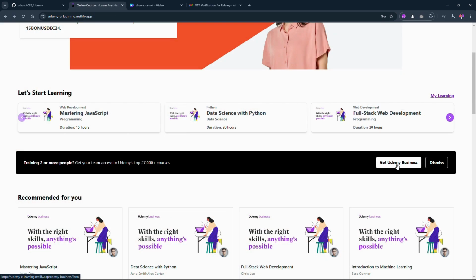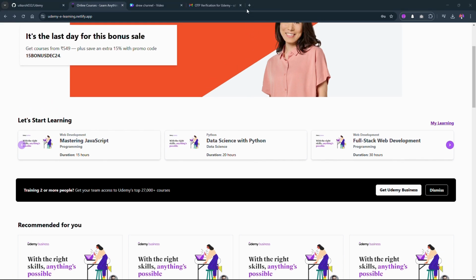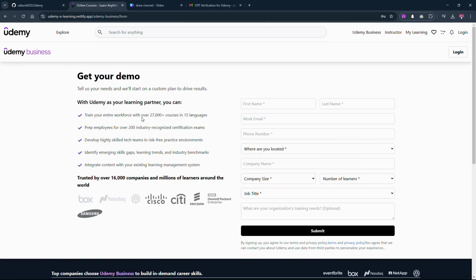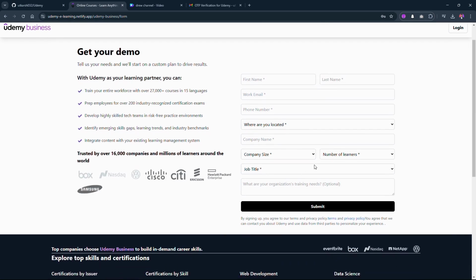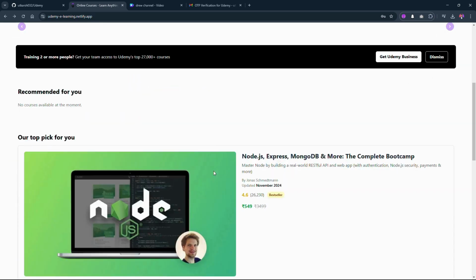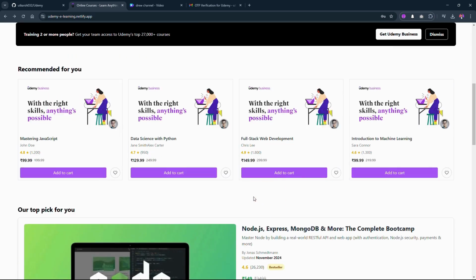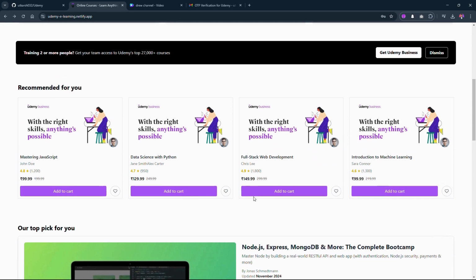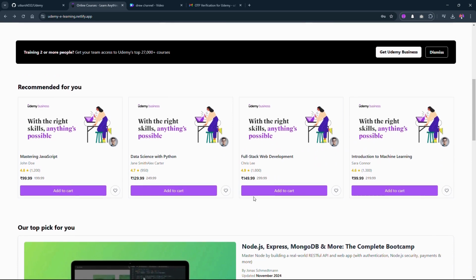And then here we added a get Udemy business part. This is for the persons who want to create a great Udemy business. By filling this form, and it also requires a different login system because it is a Udemy business account. And then when we move to the next part, here we divided the courses in different parts, like